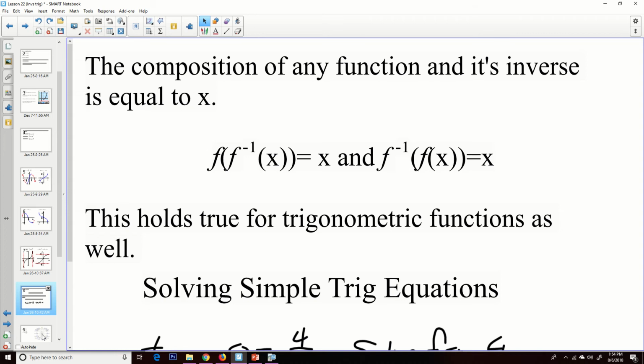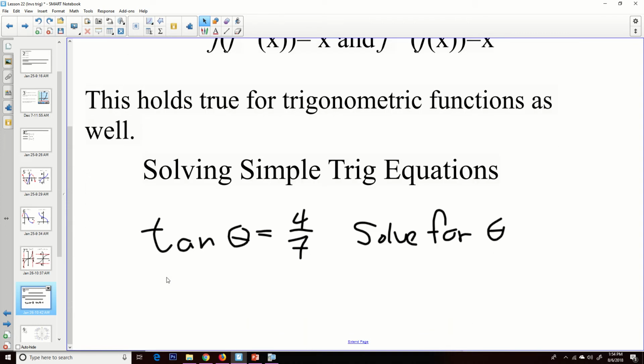So the composition of any function and its inverse is always going to be equal to x. So if you go f of f inverse of x, you'll get x. And if you take f inverse of f of x, you should get x. This also holds true for trigonometric functions as well. And so if I say